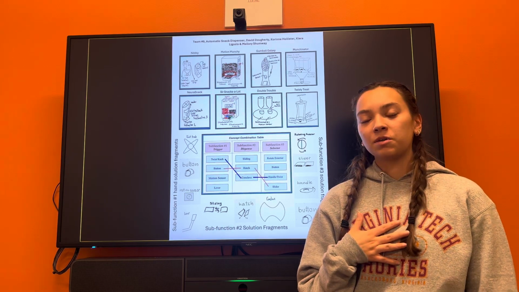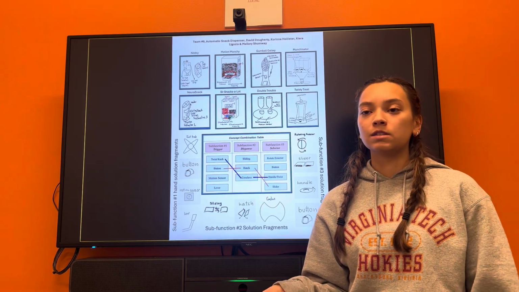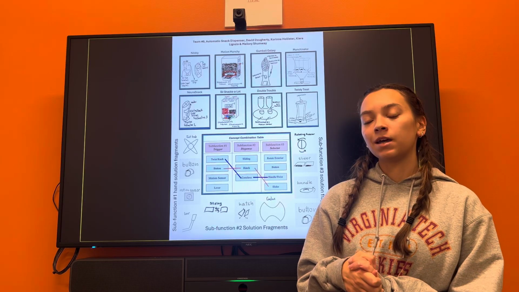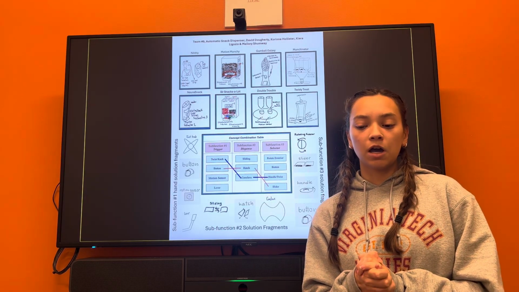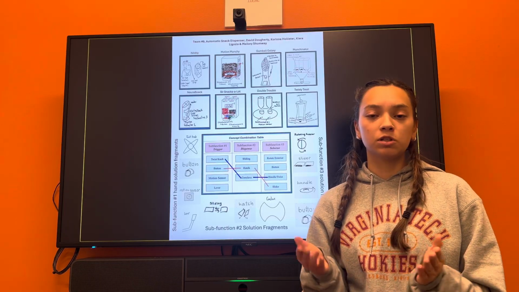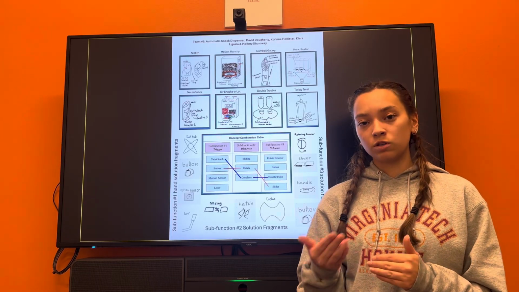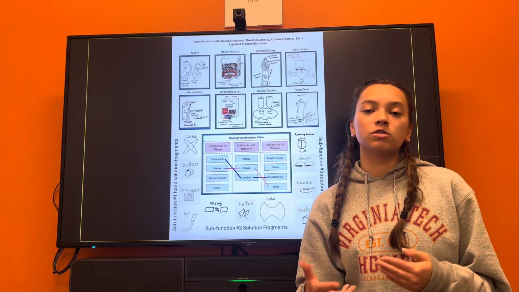My name is Kira Lagosio, and I'm on Team 9, otherwise known as the Control-Alt Delinquents, and the product we created is the Automatic Snack Dispenser, which is pretty much as its name spells out. It's a machine that will dispense a snack of reasonable portion size into a bowl for the students to eat,